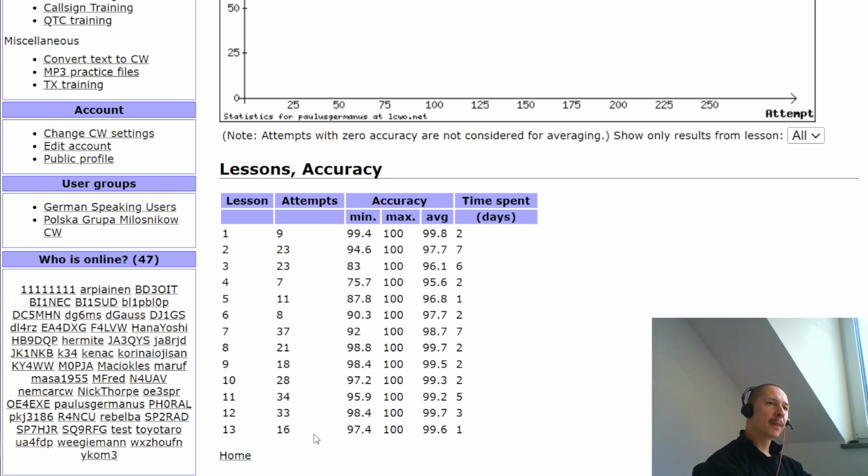So what I did realize is that starting off the lesson with this new character and all other characters on top of it is just pointless. It's just too stressful and it's just too demotivating. So what I do right now